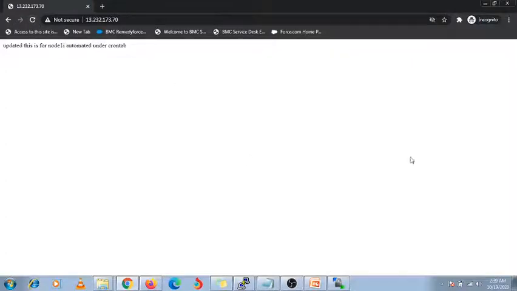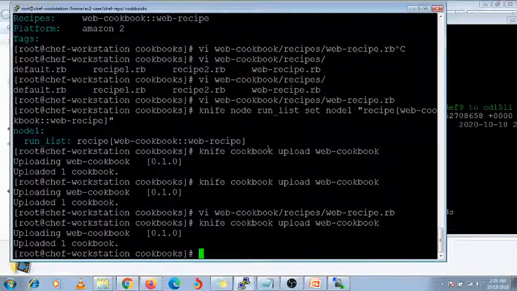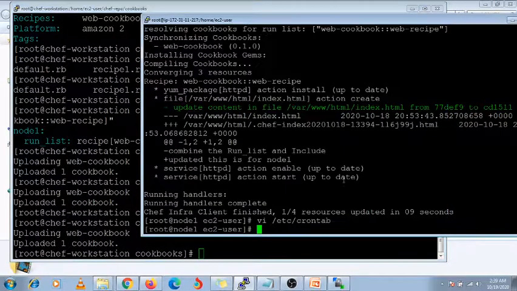So using this crontab you can automate your node, so there is no need to run this command every time, right? That means automation is done.